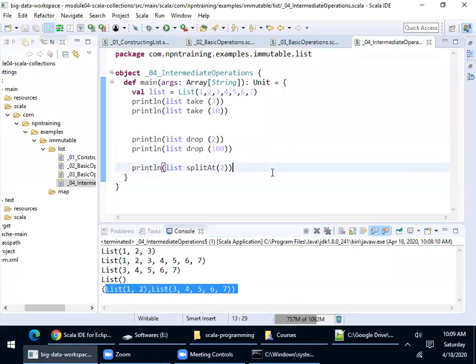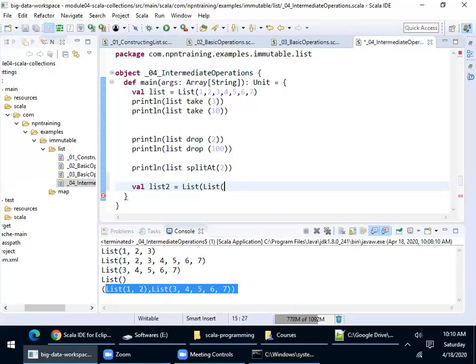Let's explore some more methods. All these methods are very important, and we use them quite frequently. Now let's assume you have a list. I'll name the list list2, a list containing another list. Assume it is a 2-dimensional list, a list having other lists: first row, second row, and let's say third row.